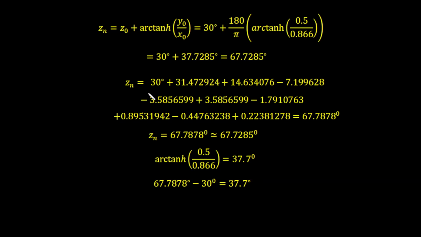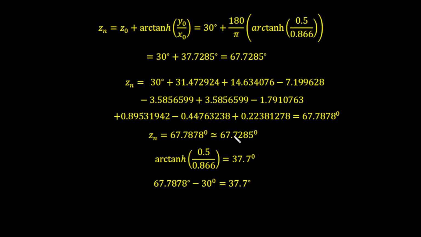Now if you follow through the algorithm, we're going to get the value for Zn as our initial angle of 30 degrees, and we're going to be adding and subtracting the multiples of these angles here. I won't read through them, but these are the angles that you've seen in the spreadsheet. So whenever we add all of these up, we're going to get 67.7878 degrees. So you can see here that this angle, 67.7878, is our approximation, and the actual angle that you get whenever you work out the arctangent is going to be